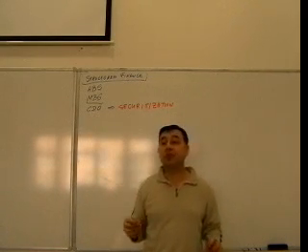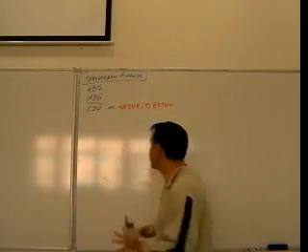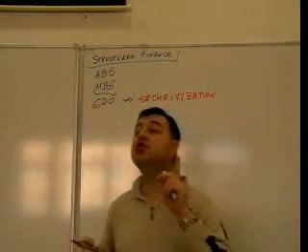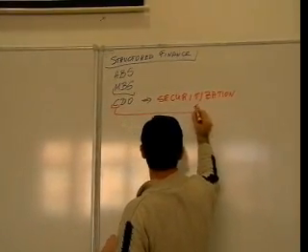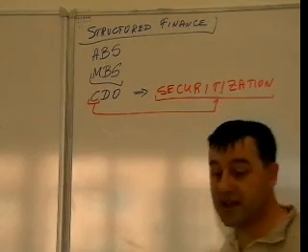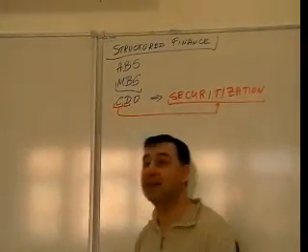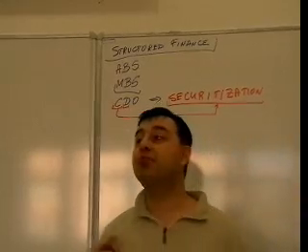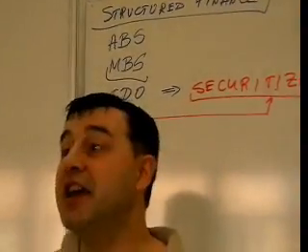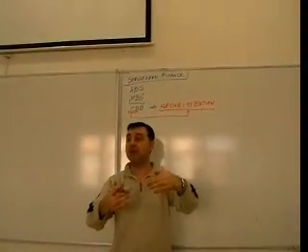So CDO will represent a general category for securitization, which is collateralized. So, another key word here is collateralized. The collateralized usually indicates a process of securitization. Now, here is the other key word. The other key word is debt. So, this is a product of Wall Street. CDO is the product of Wall Street. What Wall Street does is get a whole bunch of debt, and through transformation, pooling and everything together, it makes